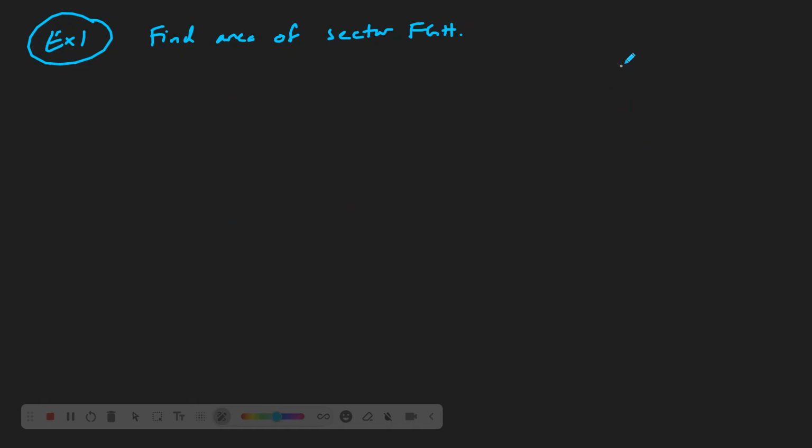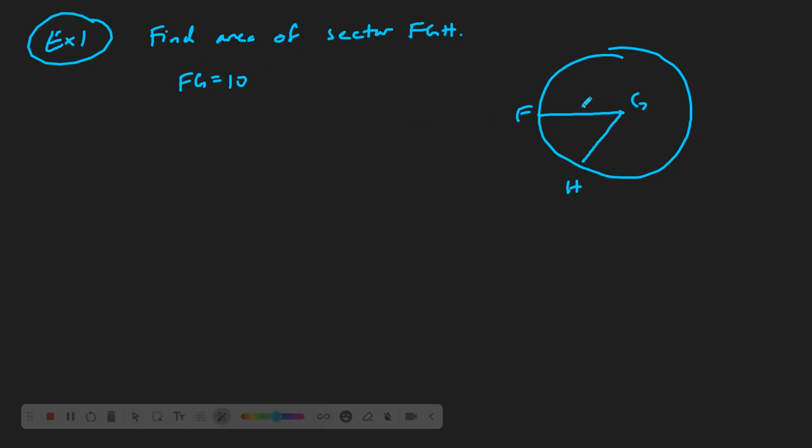Okay, so in this picture, here is your circle. So the center is going to be G, and my two radii go out to F and go out to H. So they're going to tell you that FG equals 10. So FG is your radius, so that's going to be 10. So this is your radius,